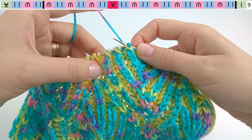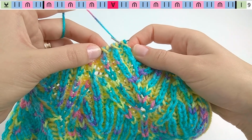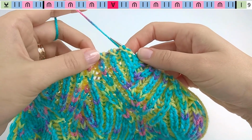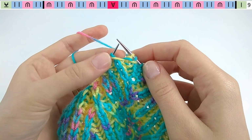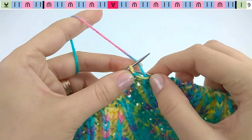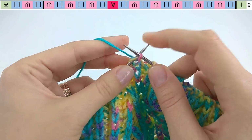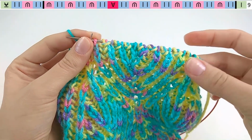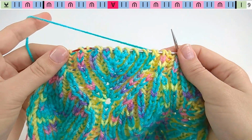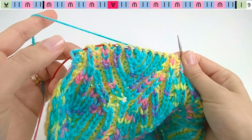So in my swatch you can see very clearly where the repeat stops. So here's the entire leaf, and here it's the end of the repeat. So brioche knit 1, slip on yarn over, brioche knit 2, slip on yarn over, brioche knit 3, and that's the end of the repeat. So you do it again if you have 2 repeats just like me, and then I'll show you the symmetry